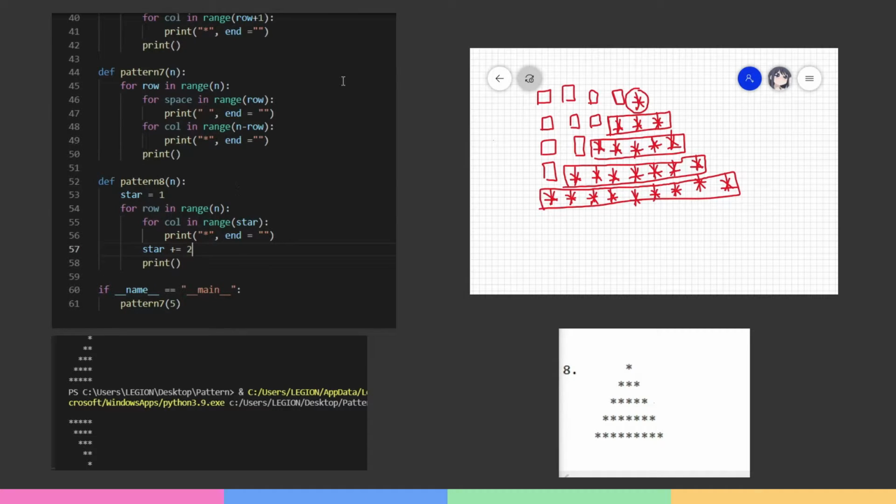So plus equal to 2. Okay, let's just print this. Okay, we have the stars, but there are no spaces, right? So for spaces,